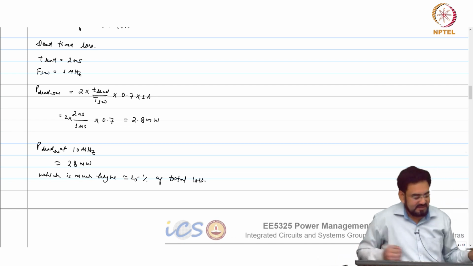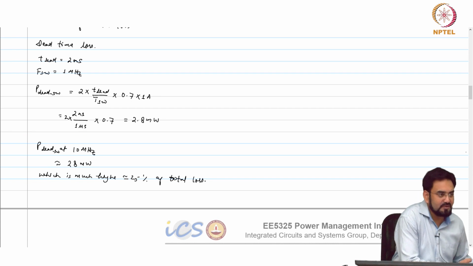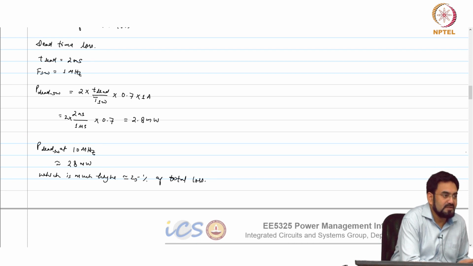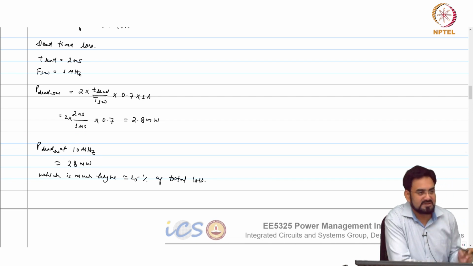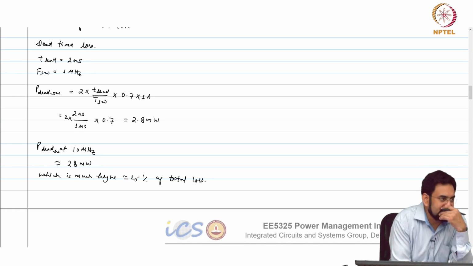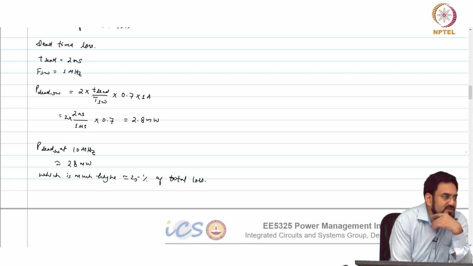So, what will be the efficiency, let us say, so 150 milliwatt will be roughly the total loss. So, 150 plus, 88%. Okay. So, because 25% of 10% is roughly 2.5%, so 2% extra you will lose. So, instead of 90% you will get 88%. Okay. So, if you are happy with 88%, then you can go for 10 megahertz. If not, then you have to use a lower switching frequency.